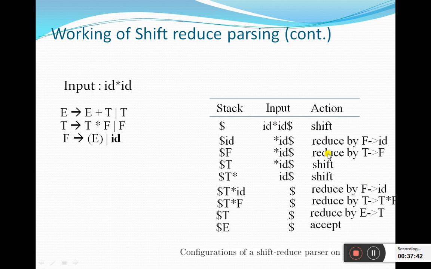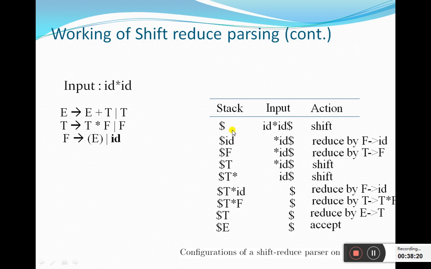So depending on whether shift is to be done or reduce is to be done, you have to do the reduce action if and only if the handle on the top of the stack is the correct handle. So therefore we can apply the reduce action. Sometimes you may come across a handle on the top of the stack, but it may not be a true handle. So we should be careful about that. Again, the best way is to write the RMD and use it in reverse.